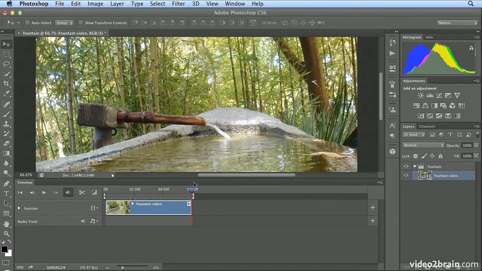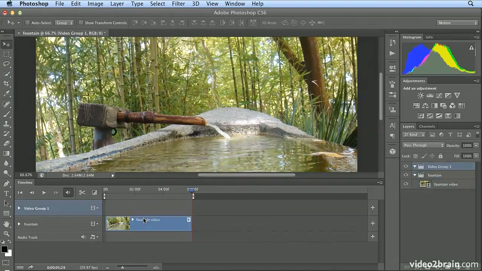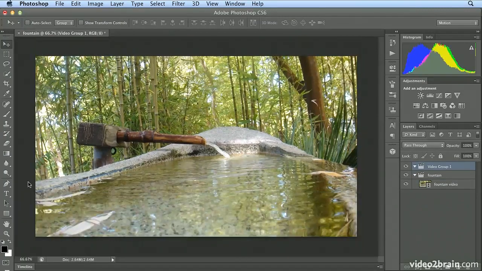Now I want to put in a rectangle that fades in, and we'll add some text over top of that. So to the right of the Fountain video track, I'm going to add a new video group. And this one will be my rectangle. So I'll double click on the timeline to get it out of the way. I'll name this rectangle,